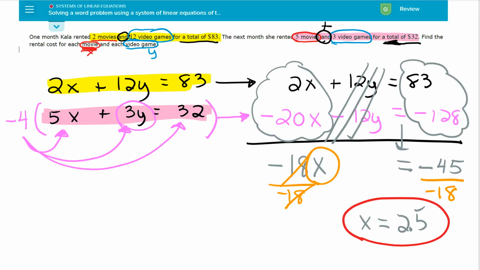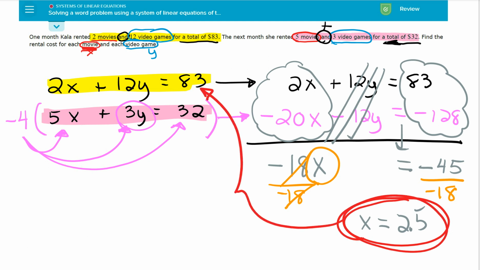So each video, in order to solve for y, you're going to have to take this answer for x, and go back to either the yellow equation or the pink equation and plug that value into x. It doesn't matter which one. It'll work in both. But I'm going to use the pink one because the numbers are smaller. Less math, okay? So this is going to be 5 times x, and x is the 2.5,